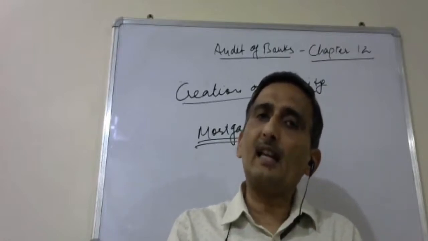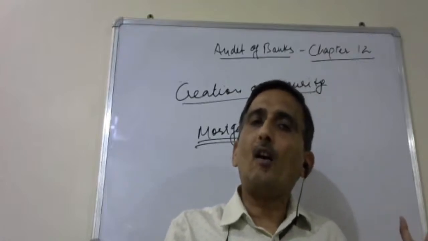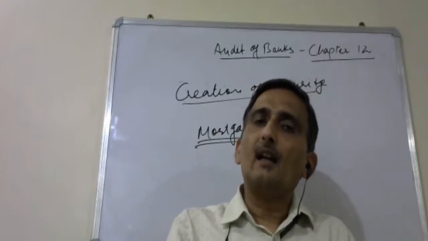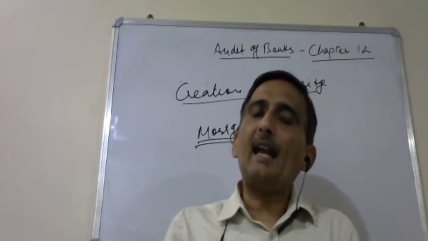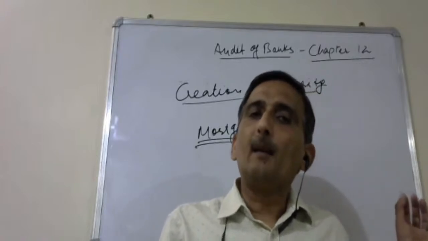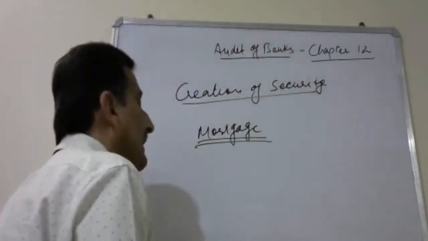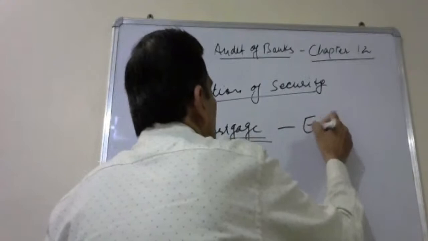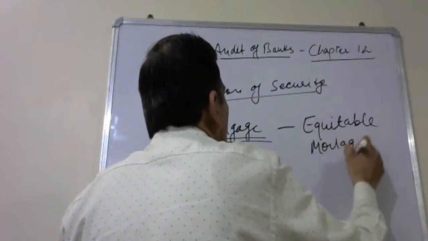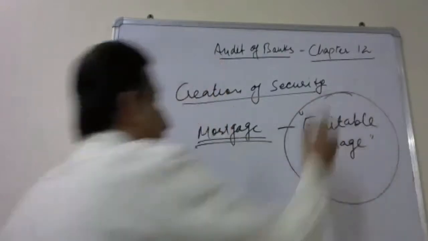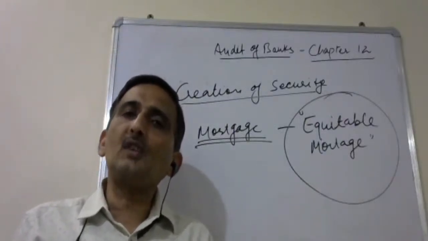These go to bank, and the party in whose name that land or building is there, he gives it in writing that he is making a delivery of these title deeds which consist of the property, and they are creating a security in bank's favor by mortgage. So this kind of mortgage is called an equitable mortgage. This is the most common type of mortgage where properties are mortgaged in bank.